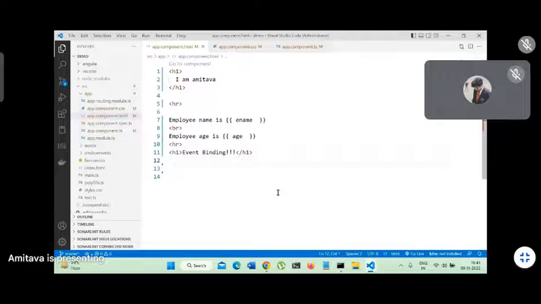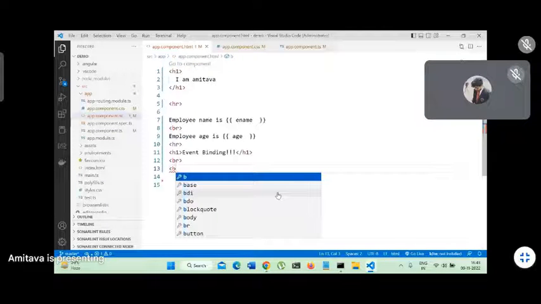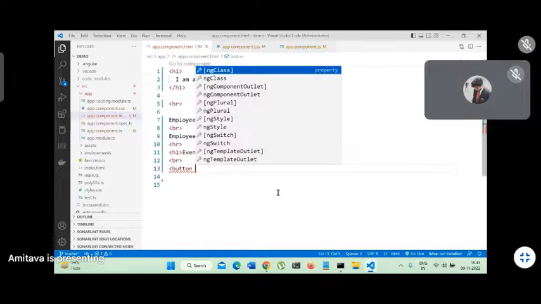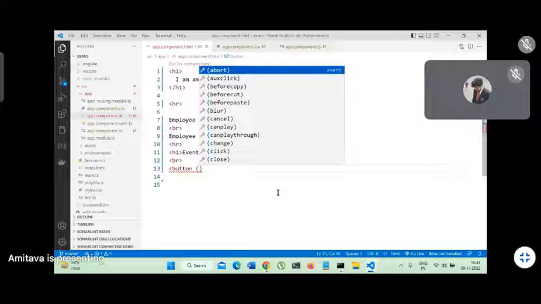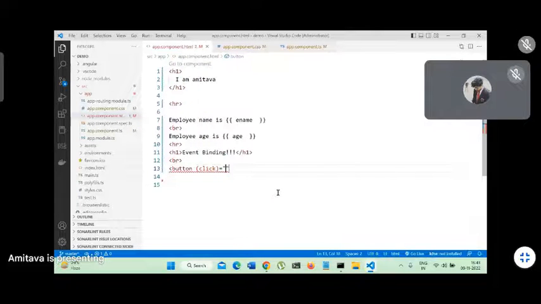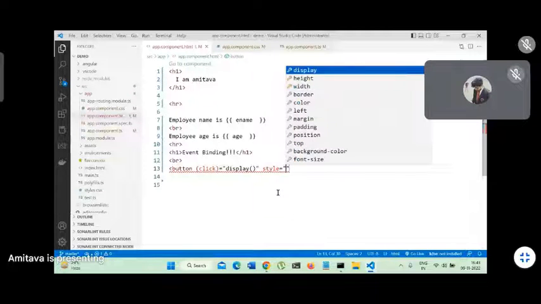तो हम लोग को इवेंट बाइंडिंग करना है ना, तो करने के लिए हमको एक बटन चाहिए। तो एंगुलर में कैसे बटन बनाते हैं? देखो बटन आ गया, बट थोड़ा सा फर्क है। You need to now open a bracket, and in that bracket guys you just press control space bar, it will give you the event, क्या क्या event possible है। हम क्लिक चाहते हैं तो ये आ गया आपका क्लिक। Now within this double quote guys we need to write the name of the function जिसको आप कॉल करना चाहते हो। किसको कॉल करना चाहते हो? डिस्प्ले को, है ना।